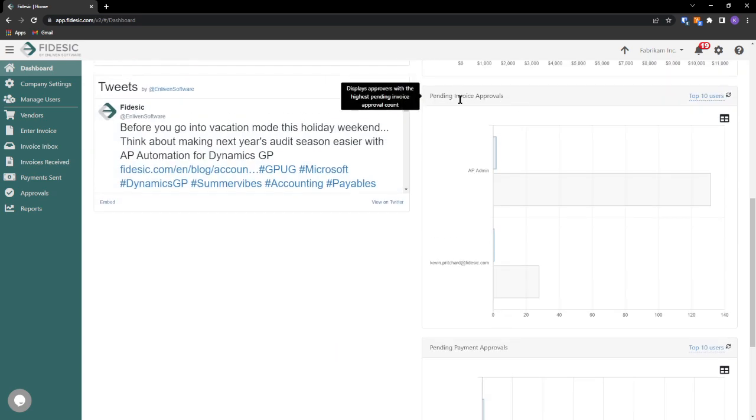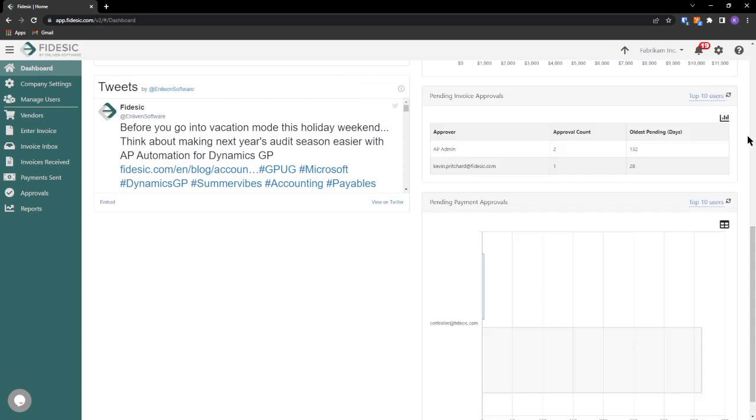Now, you can view that right from your dashboard right here. I think the table view is more valuable, but basically this is going to show you all of the users that have pending approvals, and it's going to show you how long they've been sitting there. So you can see in my demo world, one's been sitting for 132 days, which is definitely something that you would want to check on if you were in charge of AP for this account. So that's a great way to just get a snapshot to make sure that nothing is totally stuck